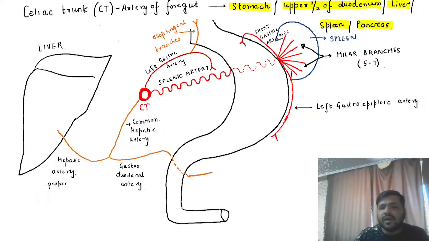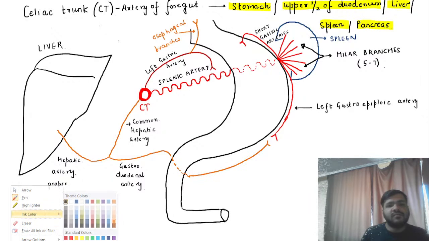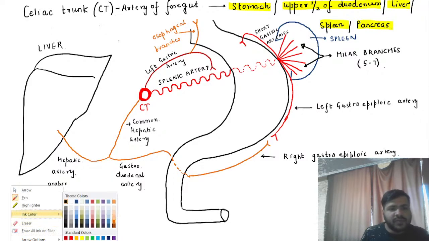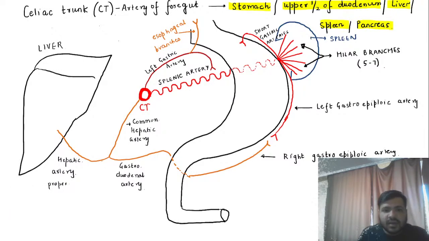It is giving one branch, and this is the right gastroepiploic artery. This is the right gastroepiploic artery. इज द राइट गैस्ट्रोएपिप्लोइक आर्टरी, ऊपर लेफ्ट थी, और ये दोनों अनास्टमोस कर रहे हैं, आपस में मिल रहे हैं, ठीक है। और एक ब्रांच जो है, one branch more, it will give